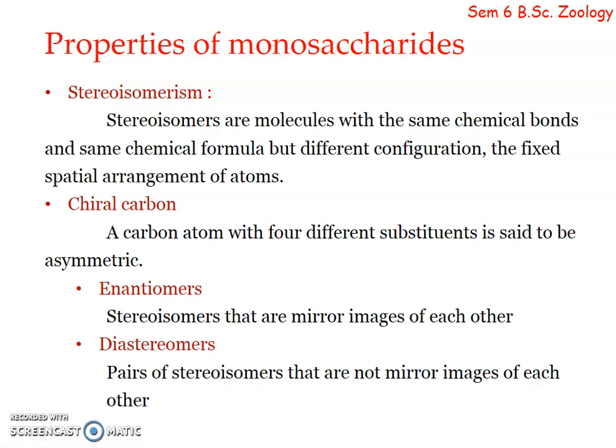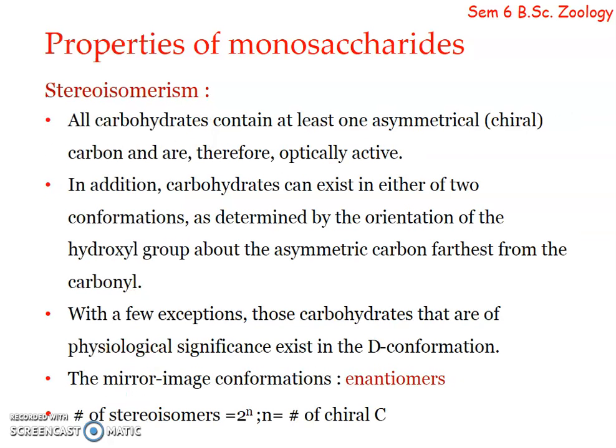asymmetric carbon in the molecule. Okay, we'll see it in detail. Now, all carbohydrates contain at least one asymmetric carbon or chiral carbon, and they are hence optically active, or they exist in isomeric form. In addition, carbohydrates can exist in either of the two conformations, as decided by the orientation